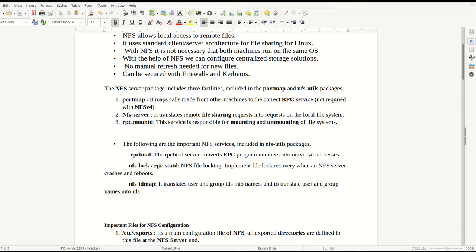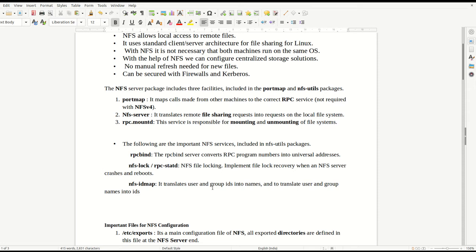NFS lock, or rpc.statd, handles NFS file locking and implements file lock recovery when the NFS server crashes or reboots. When your server reboots, this NFS lock service works behind the scenes to keep your file locks, and your files will not be corrupted. NFS idmap translates user and group IDs into names and names into IDs.